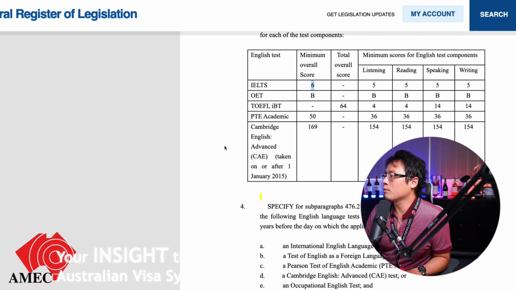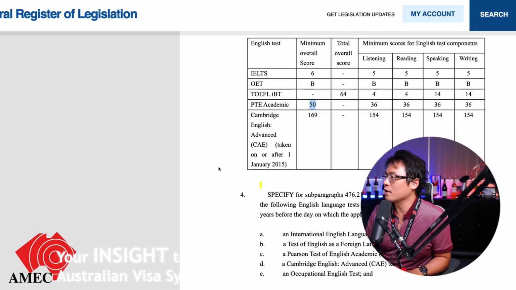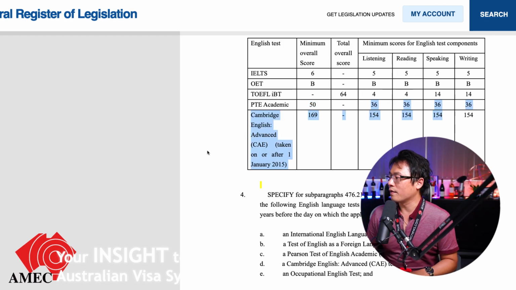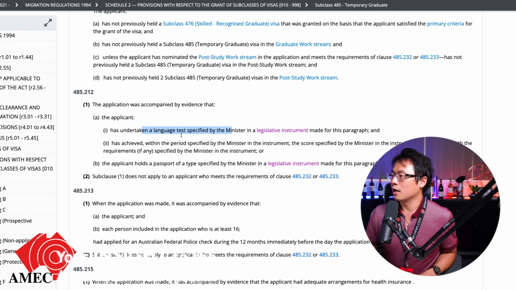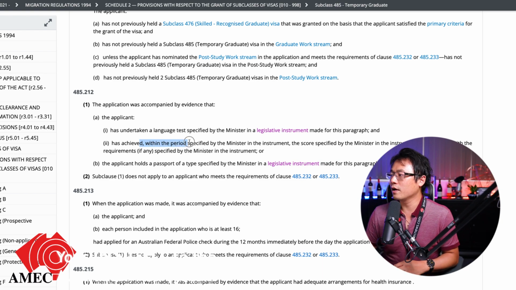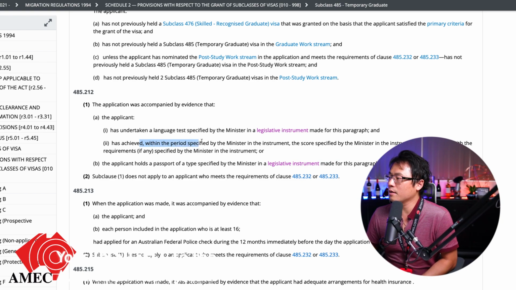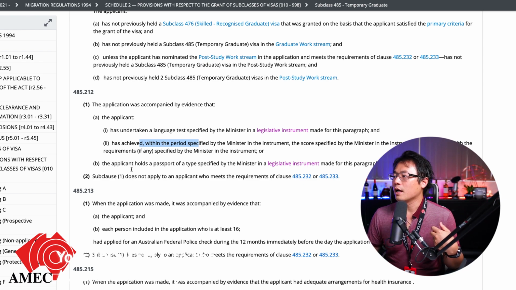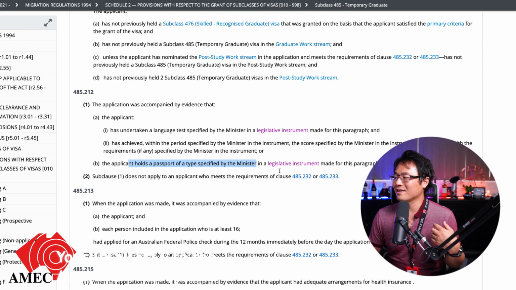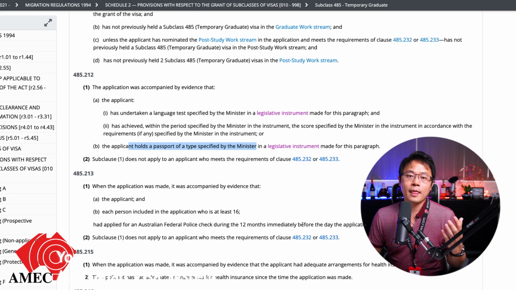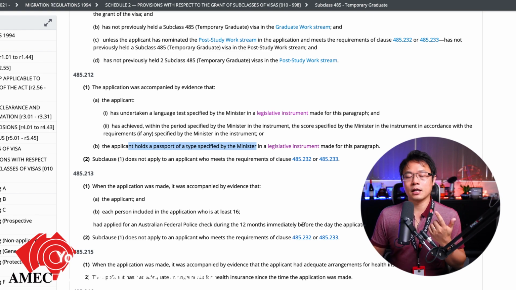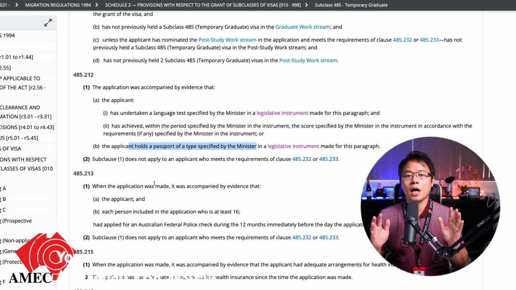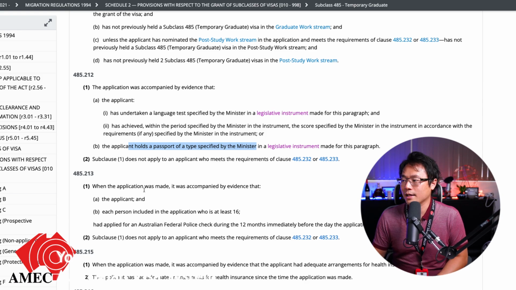You can take TOEFL, and most of the people will actually take PTE. So 50 overall, but nothing below 36. So that's basically what they are trying to achieve here for that language thingo, achieved within the period specified and administered in the instrument score, which is just what we have just seen. An applicant holding a passport type specified by the Minister in the legislative instrument. Those passports are the US, UK, New Zealand, Canada, Ireland, and they are deemed not required to go through an IELTS test or English proficiency test. Okay,